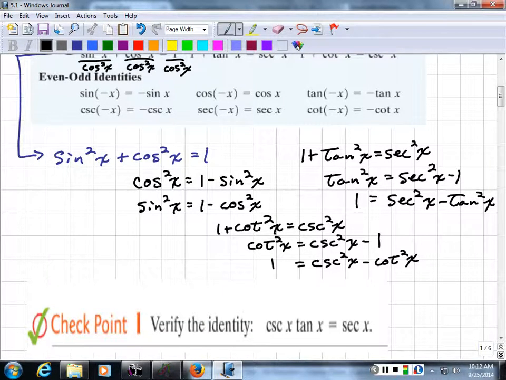If I find the sine of negative x, that's the same thing as negative sine of x. If I find the cosecant of negative x, that's the same thing as the negative cosecant of x. If I find the tangent of negative x, that's the same thing as negative tangent of x. And if I try to find the cotangent of negative x, that's the same thing as the negative cotangent of x. This is going to be important because we're going to use all of this to verify identities and to create new identities. And we're also going to use it in Chapter 5 and Chapter 6 to help us solve